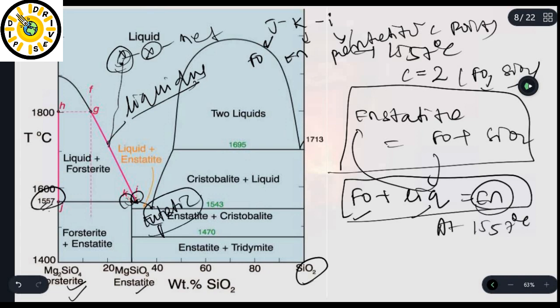Okay, eutectic point. At 1557 is the peritectic point where the enstatite will form. Because previously forsterite will be there, and liquid is also there, because this particular melt phase is already there. So forsterite and liquid form the enstatite, okay? At the peritectic point also